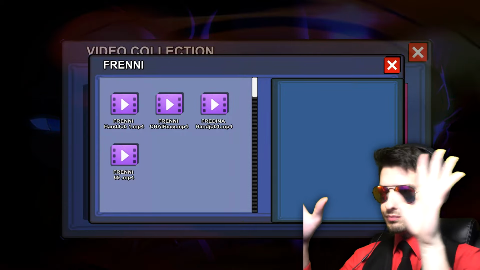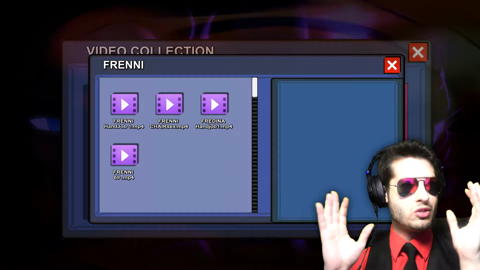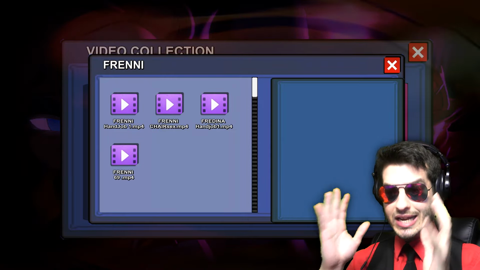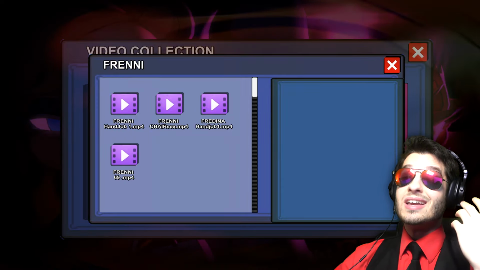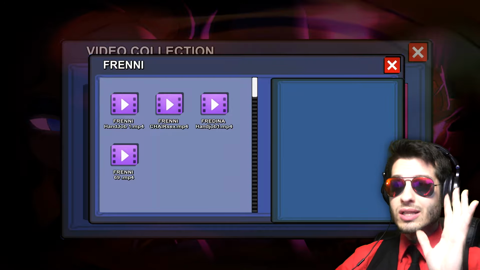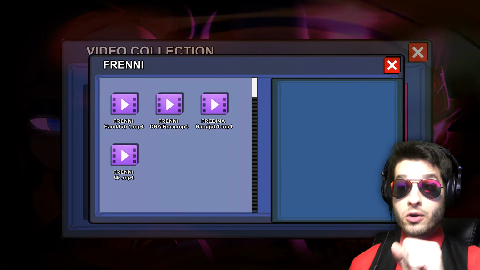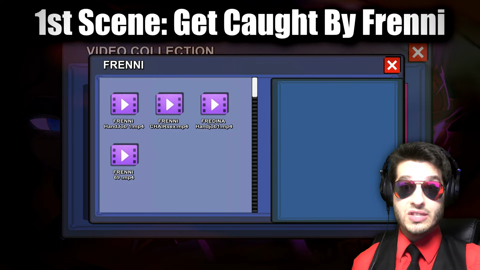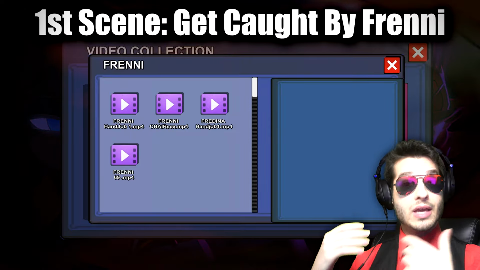Now, of course, I went over all the scenes already. I've unlocked all of them to make sure I'm not telling you any kind of BS, to make sure I give you clear directions on how to unlock them. As far as Frenni, it's pretty straightforward. It's not all that complicated to unlock her scenes. The first thing you want to do is get caught by Frenni. Simple as that. You just go around arcade mode and you get caught by her,